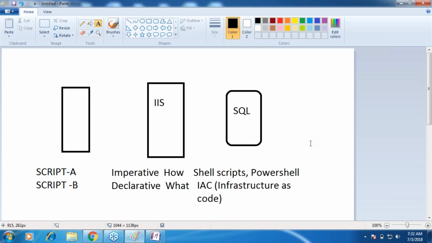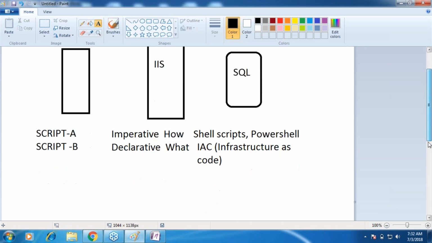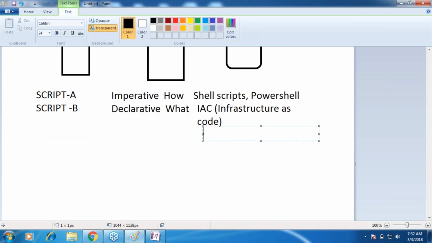You have to tell how it has to be done. You have to tell each and everything. But when you come to here, you will have something called infrastructure as code. And now, whenever you write in this infrastructure as code, there will be specific syntaxes for that, a specific way of telling it, right? So we call it DSL, domain specific language, right? So this is where your Chef will come into play. This is where your Ansible will come into play, and this is exactly where your